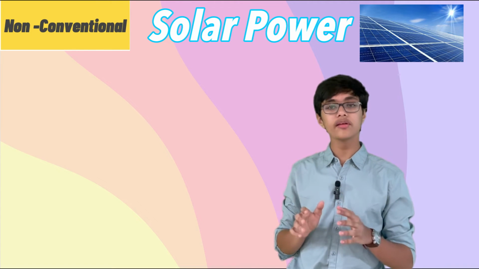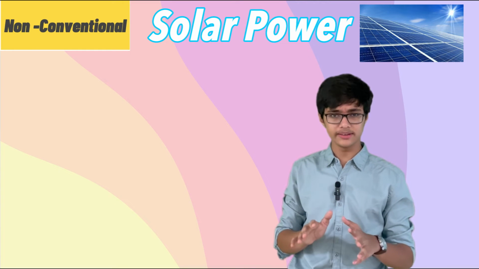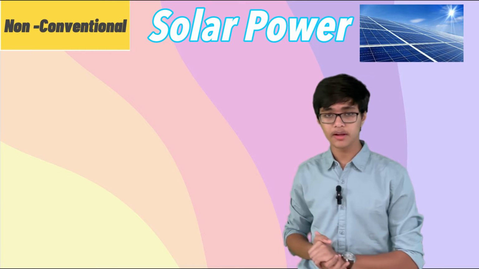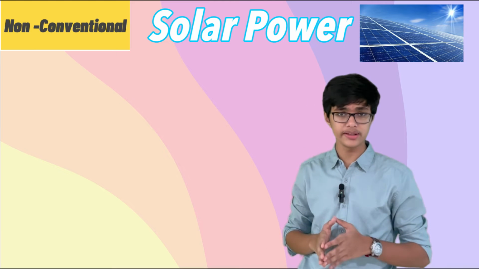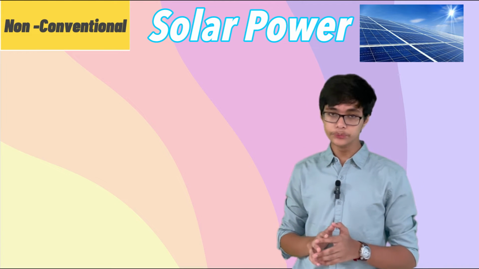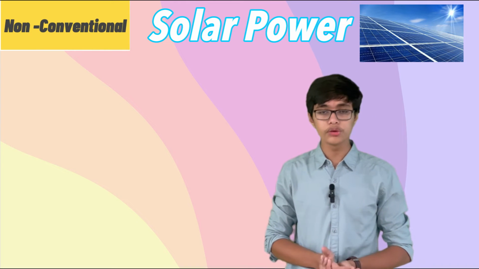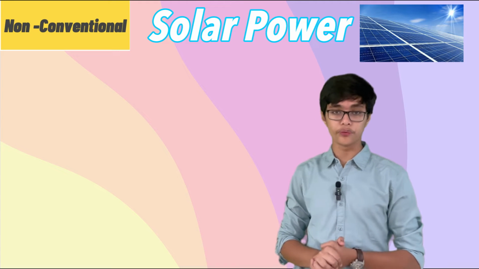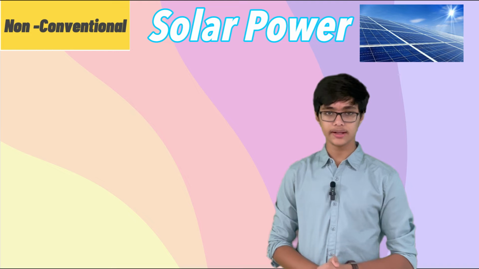Those areas such as coastal regions which receive a lot of sunshine in a year can use solar energy very easily. But when you talk about regions such as Kashmir, which are way up north in India, they cannot use solar energy as the sun barely shines over there with such high intensity. So, solar energy is mostly found in coastal regions where the amount of sunshine is very high.